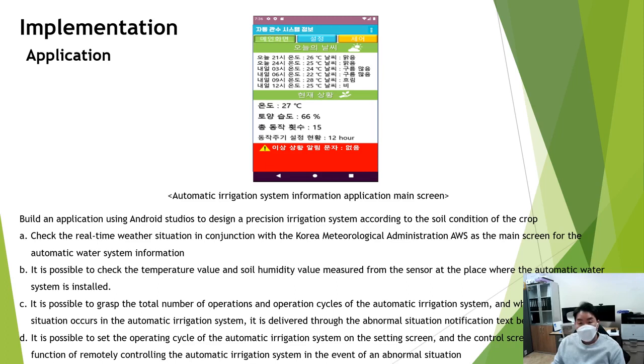One of the application functions, the setting function, allows remote control of the operating cycle of the automatic water system. And the control function offers the ability to start and initialize the automatic water system through the remote function in case of an abnormality.